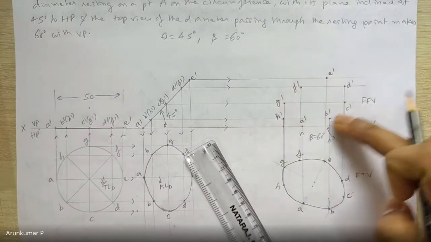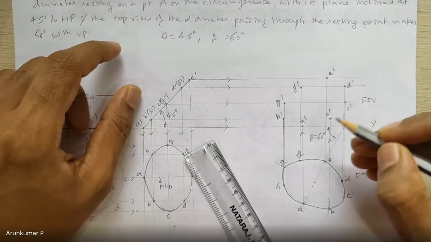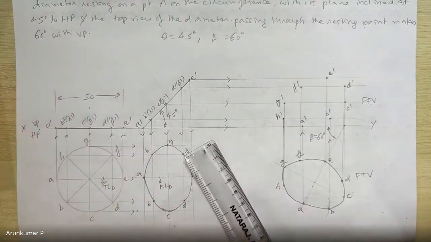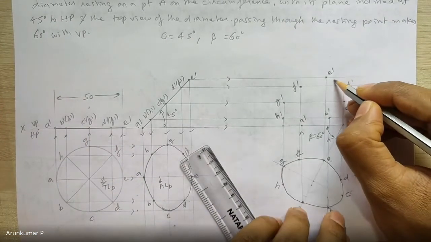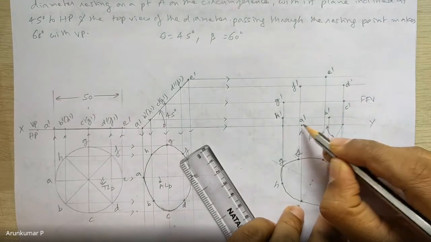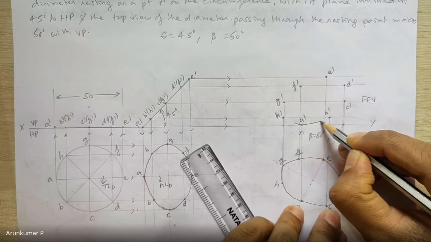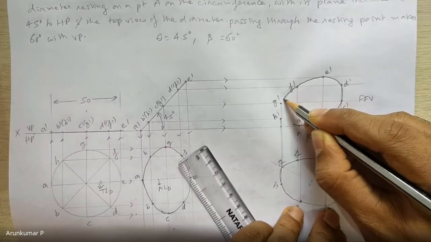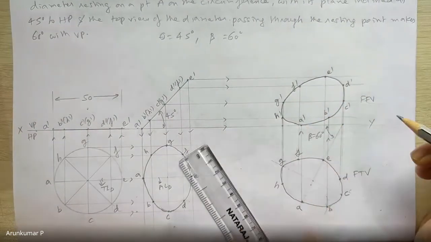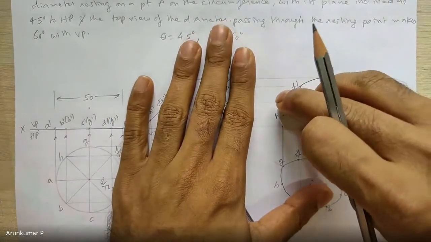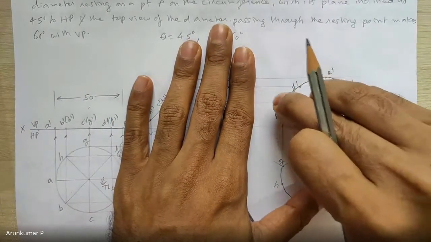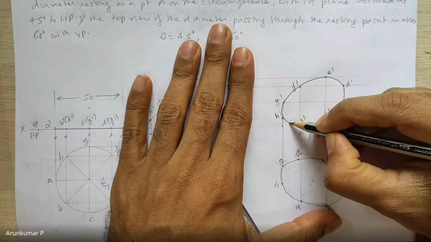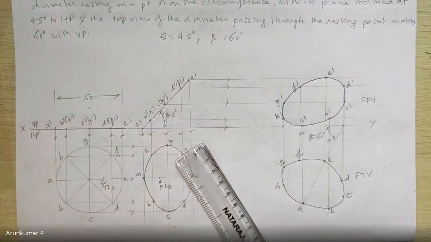So you can see the shape. If you join all of them, now this also you have to join by curves, no straight lines. So please join it by smooth curves as far as possible. So this is how the curve can be. So very smooth curves have to be drawn, and you have to join these intersection points.